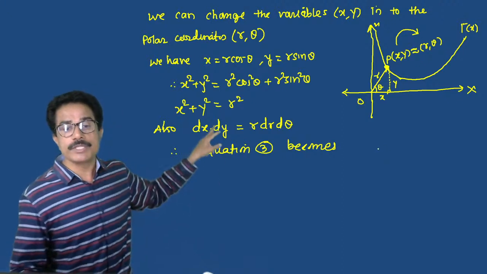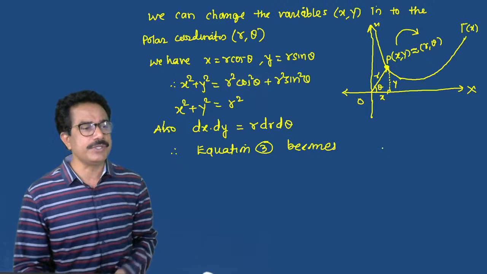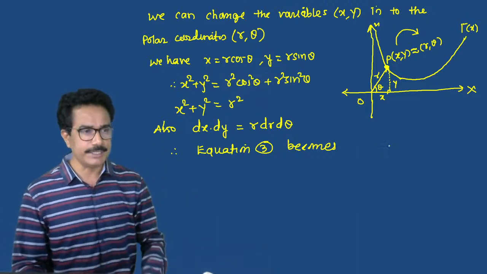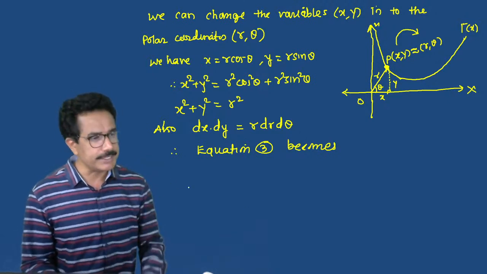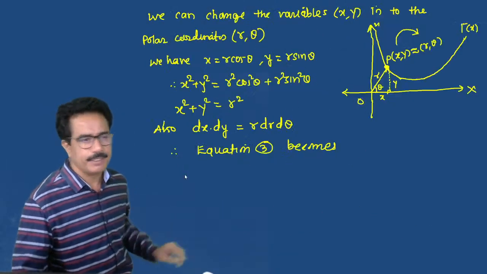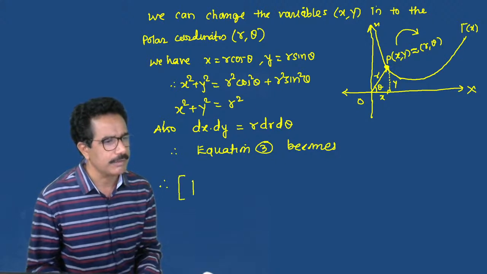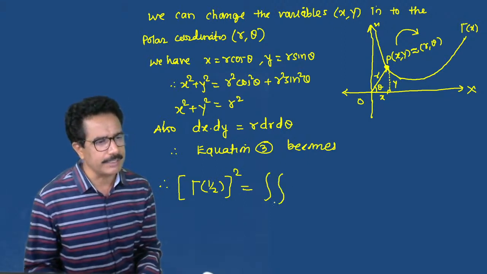And also you must know that dx into dy is equals to r into dr into d theta. We have to replace this. Now also the limits. Now we will look at the limits. So all right, we shall put this in the equation here. So gamma of 1 by 2 bracket square, which is equals to double integral